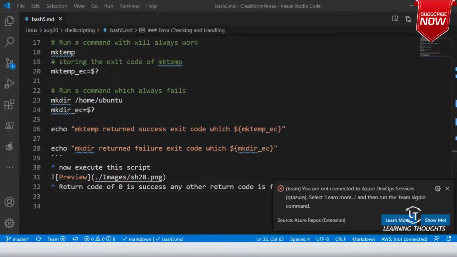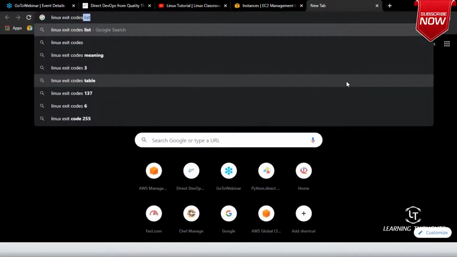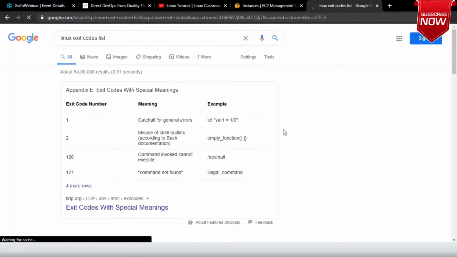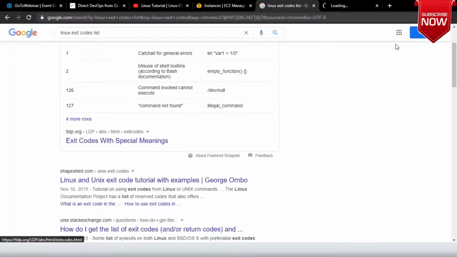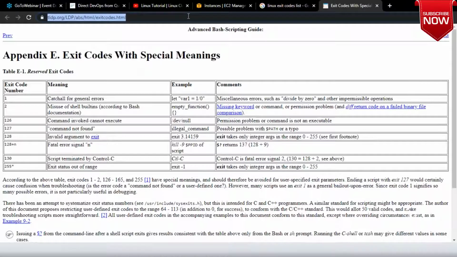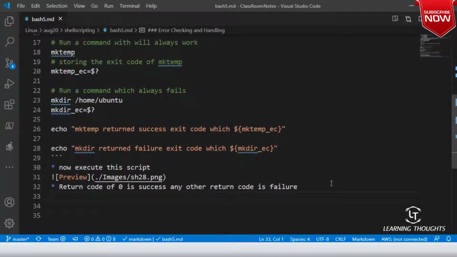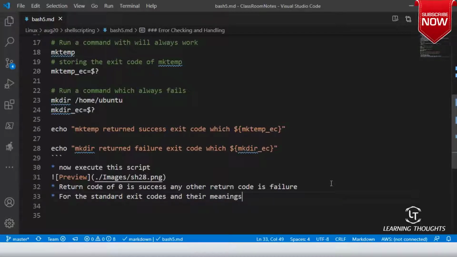Okay. So now let me go and Google for Linux exit code list. Now if you look into this, the whole of the stuff makes sense to you, right? So for the standard exit codes and their meanings, refer here, right?